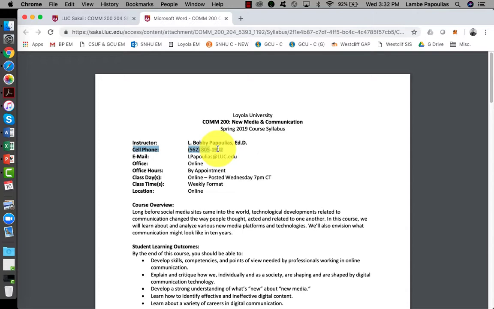Given this is an online class, I want to be available to you guys 7 days a week. Whenever you need anything whatsoever, even if it's a last minute kind of request before something might be due, you could go ahead and send me over a text message or even call me if you would like. If it's something that's not urgent, maybe you want to get some information about an assignment that's due in 4 weeks, go ahead and send me an email. That's fine.